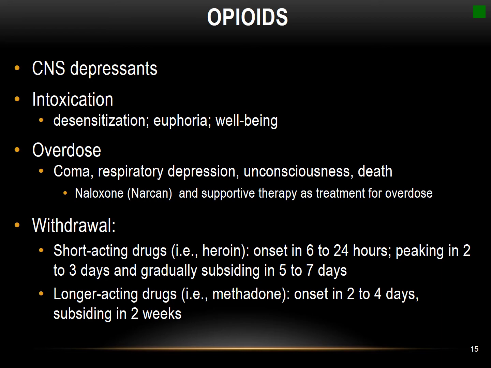Opioids are a central nervous system depressant. They cause feelings of euphoria and desensitization, which is generally a feeling of general well-being. Opioids include prescription drugs like morphine, Demerol, hydrocodone, and street drugs like heroin, or something some of you may not have heard of, purple drank, D-R-A-N-K, which is